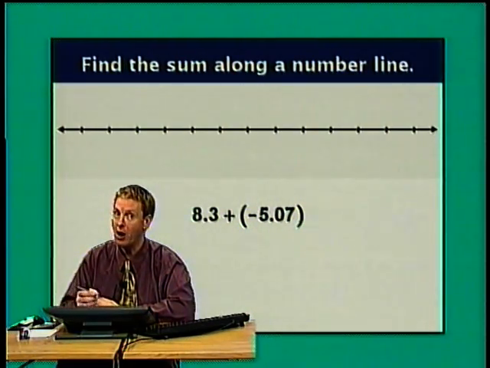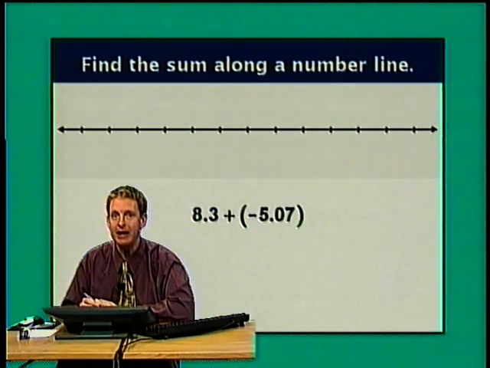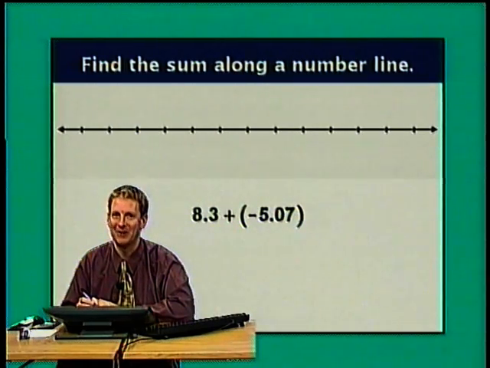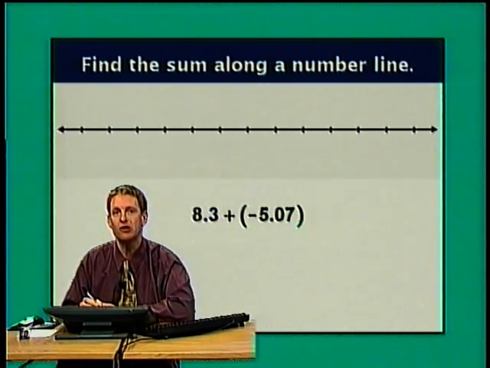If I use 1/100th as the scale, I'd need to go 8.3 times 100, which is 830 tick marks to the right for the first part of the motion. I don't want to go 830 tick marks to the right for the first part of the motion, so I think I'll just live with a scale of 1.